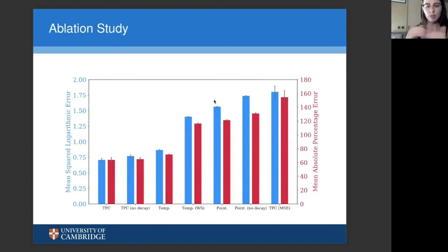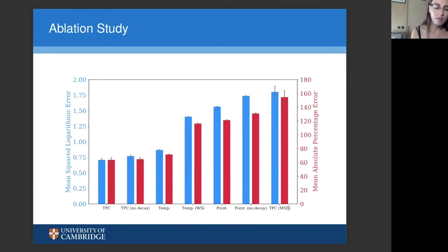It's all about the trajectory of the patient, not just where they are at a point in time. The next one is just showing the pointwise without the fresh or stale indicators. And then the final one is showing the TPC trained with the mean squared error,